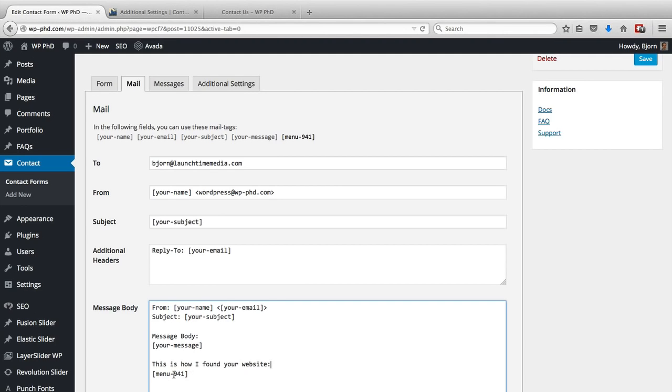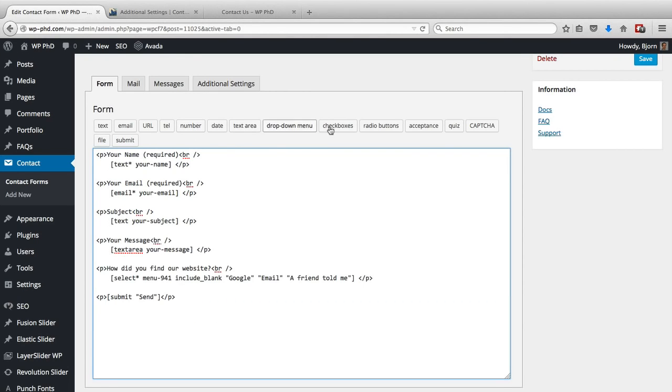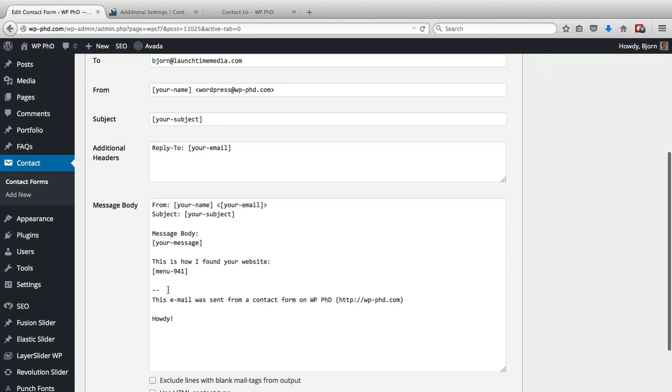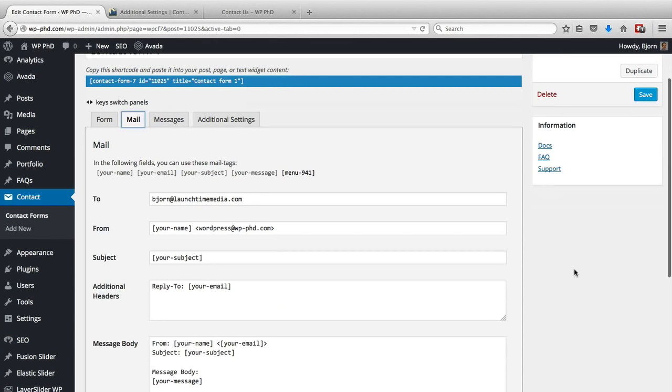So this will either say email or Google or a friend told me. So by adding one of these options, or all of them, or as many as you want of each, to your field, you can customize your form as much as you want. But when you make those form fields, you have to make sure you click on the Mail tab and include those into the message body of your email or the subject line. Otherwise, that information will be lost. And that's really all there is to